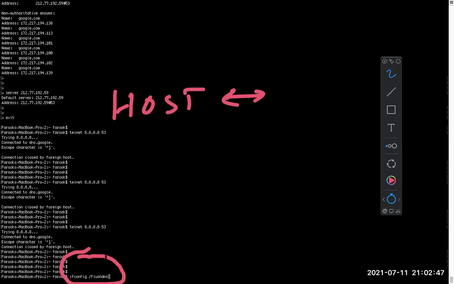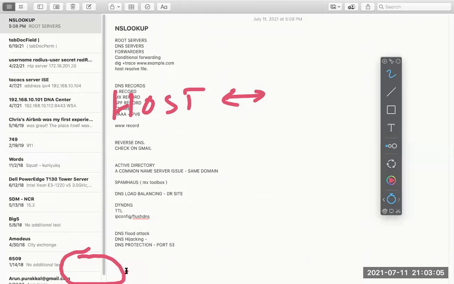So if the actual mapping is changed and it's not updated in your computer, just use this command. It's not IF, it's IP. IF is for Linux. ipconfig /flushdns. Use that.